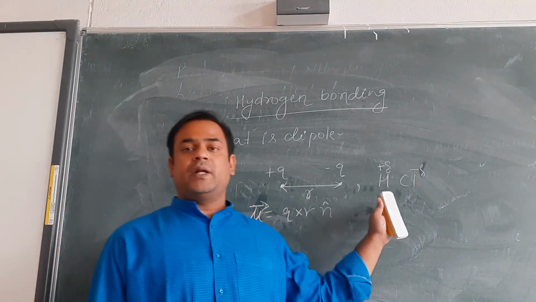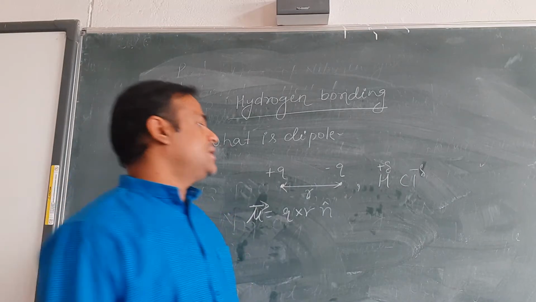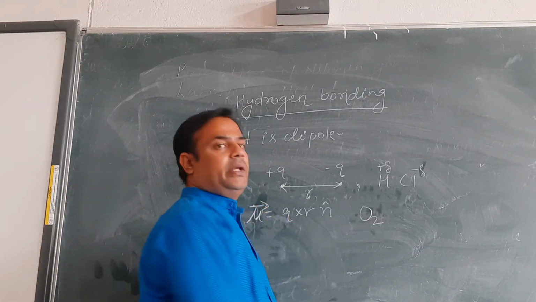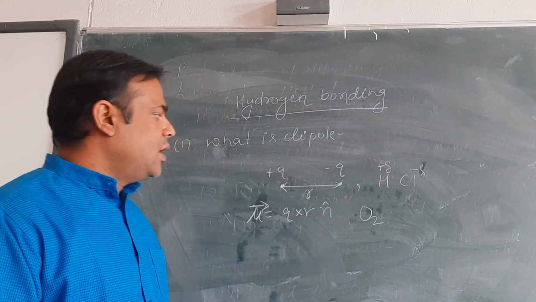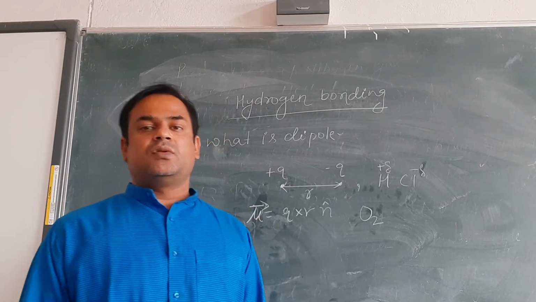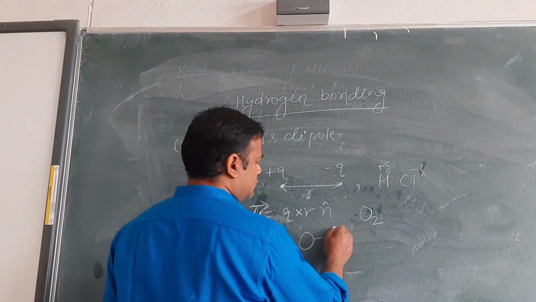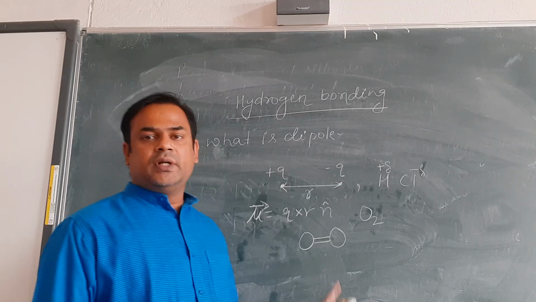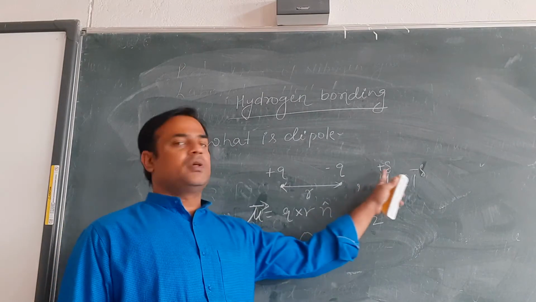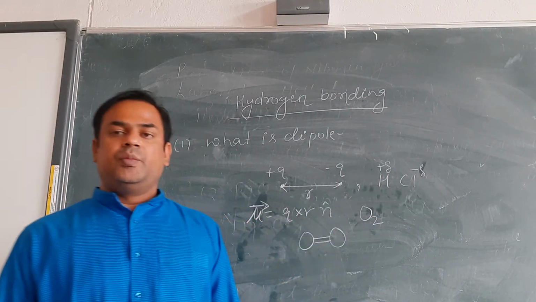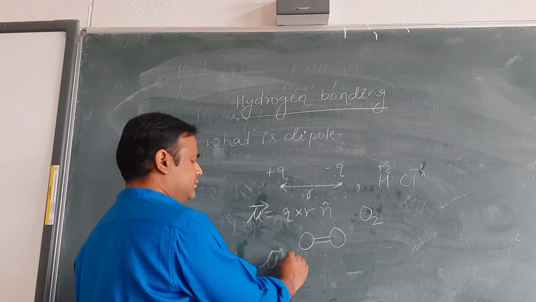So polarity depends on two things. First thing is that there should be electronegativity difference between the atoms of the molecule. If we say O2 molecule, in case of O2 molecule there will be no formation of dipole, because in oxygen both the atoms have same electronegativity, so electronegativity difference is 0. When oxygen makes a bond, the electronegativity of both the oxygen atoms is same, so there is no formation of poles, there will be no formation of positive or negative charge, and when there is no formation of charge, there will be no dipole, so in this case dipole moment vector will be 0.